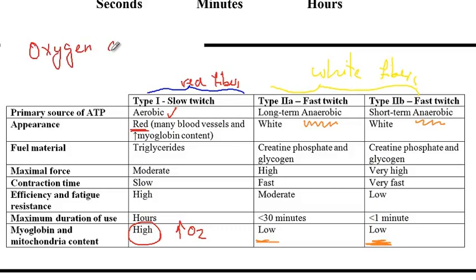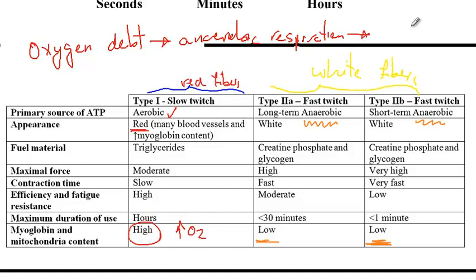Oxygen debt. So as muscles exercise, their oxygen supply will get lower and lower, and therefore the muscle will become fatigued, meaning that it will get slower and weaker as we make it exercise more and more. And this is due to the fact that as the oxygen supply of these red muscle fibers decreases, their energy production will become more inefficient. And so now they have to rely on anaerobic respiration,